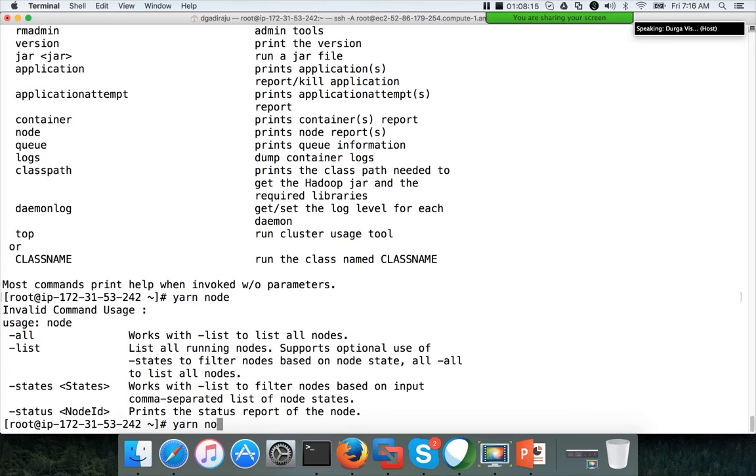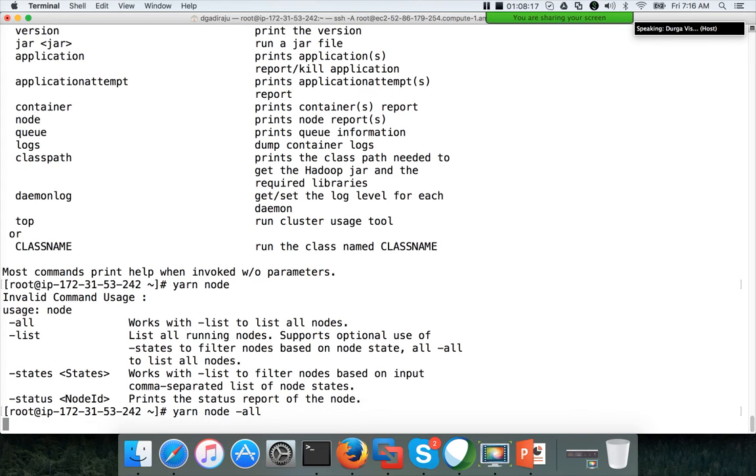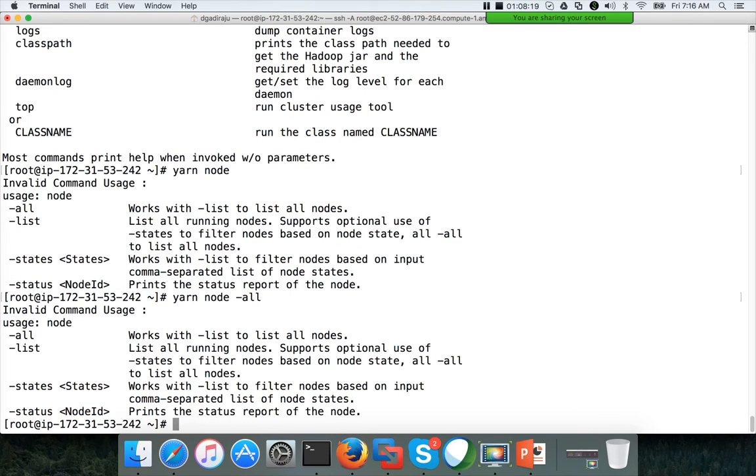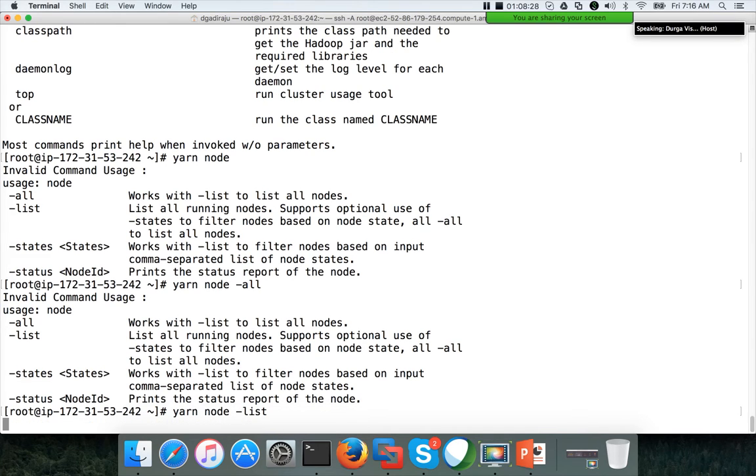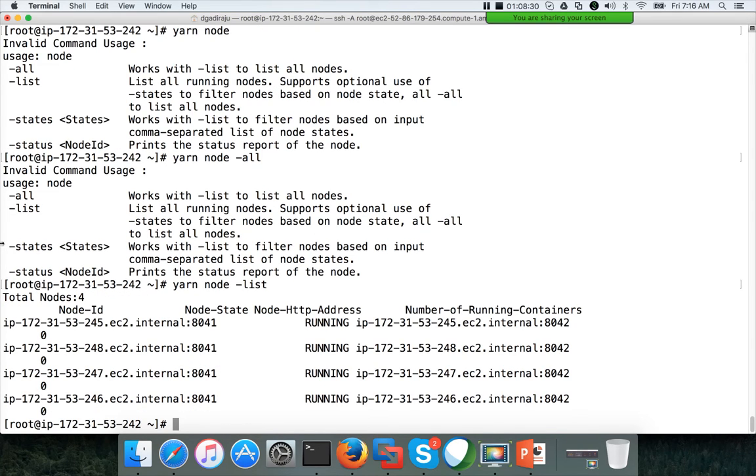Okay, yarn node all. Okay, yarn node list, and hit enter. So it will give all the node managers that are running on the cluster. So you can get the IP address and all those things.